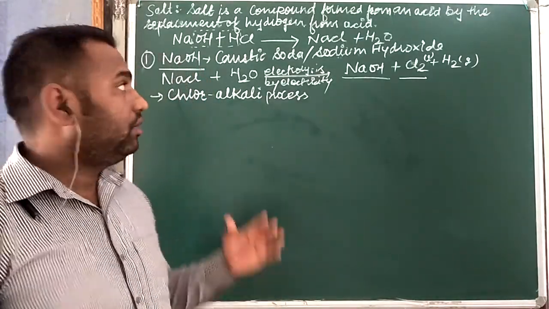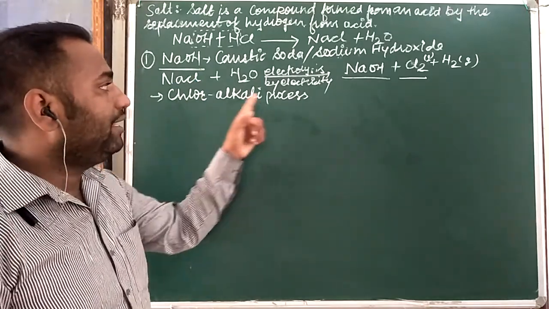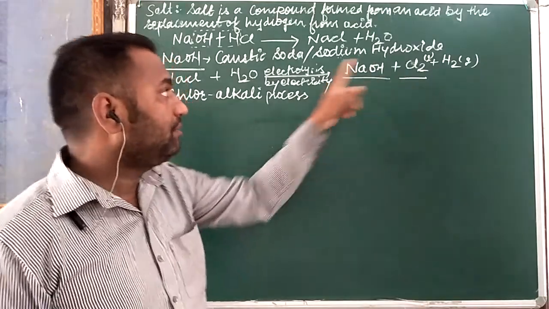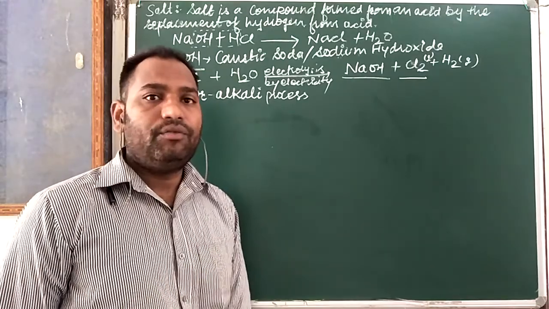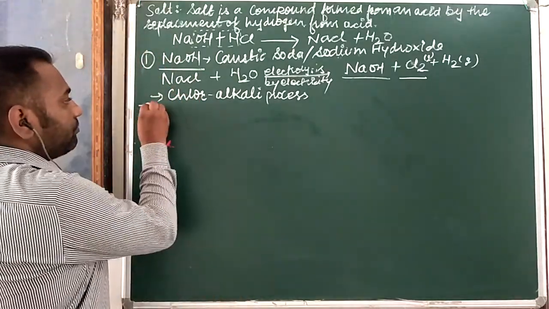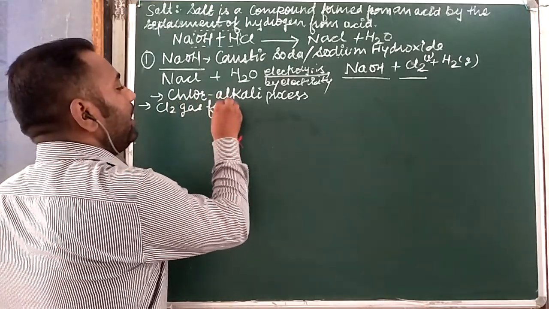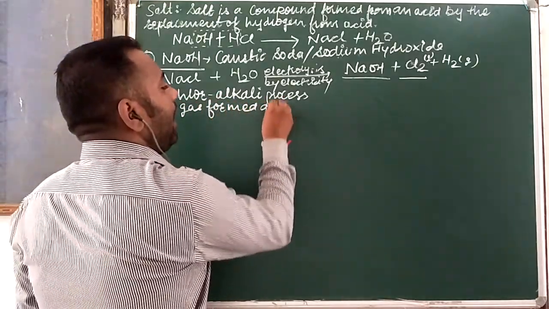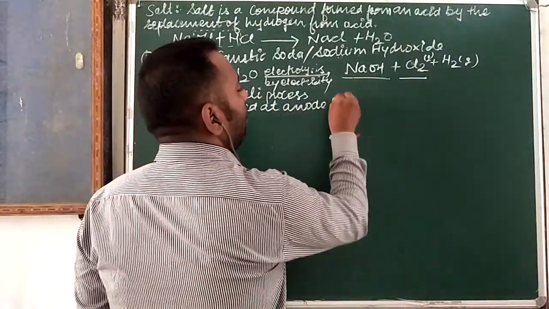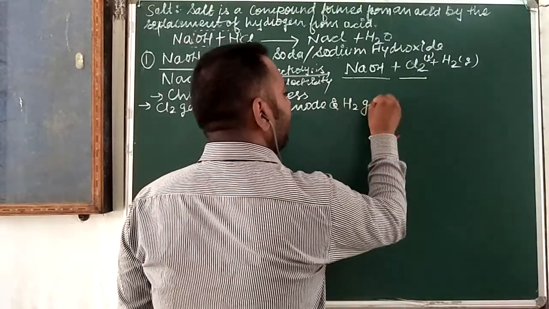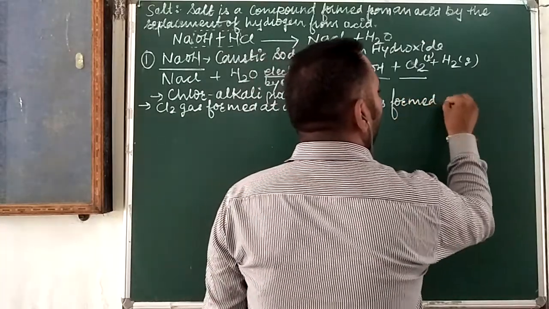The formation of this NaOH, it means caustic soda, is also known as the chlor-alkali process. Chlor for chlorine gas, NaOH for alkali, because NaOH is a soluble base in water. Next thing, Cl2 gas is formed at the anode, and H2 gas is formed at